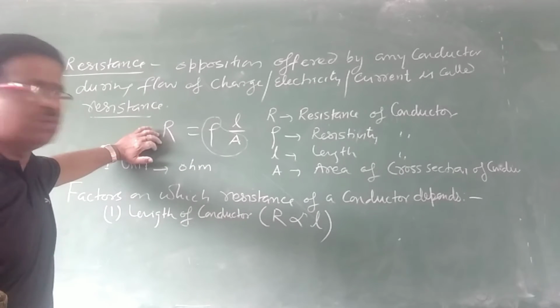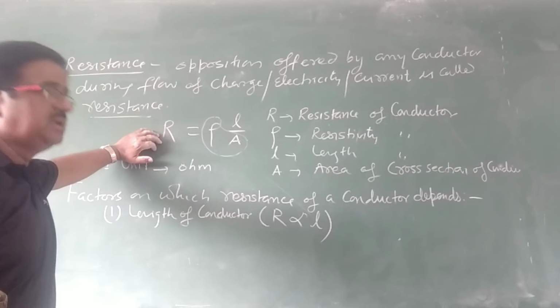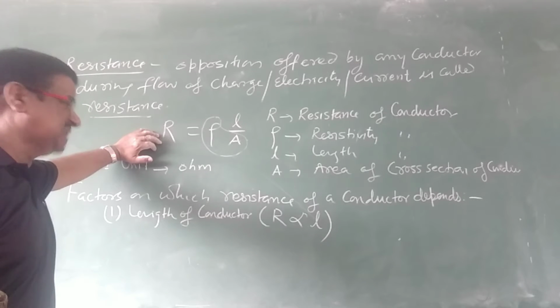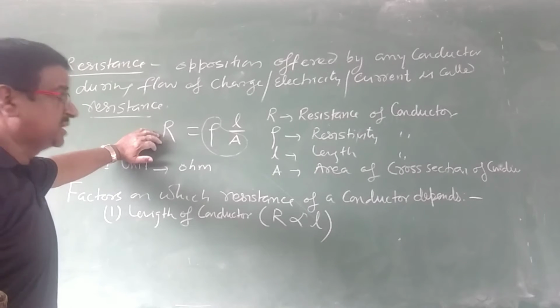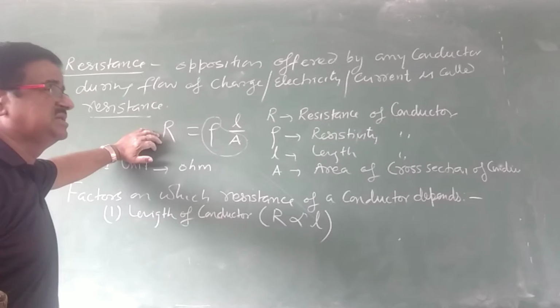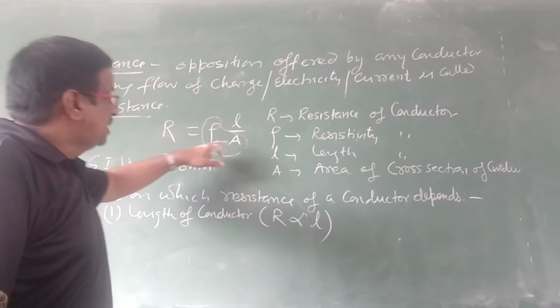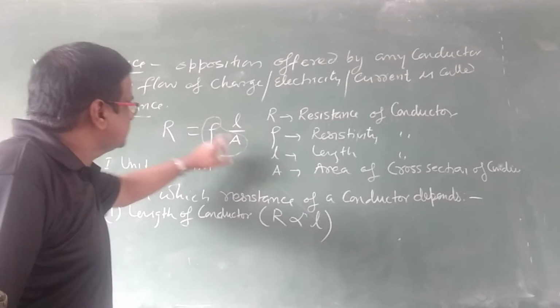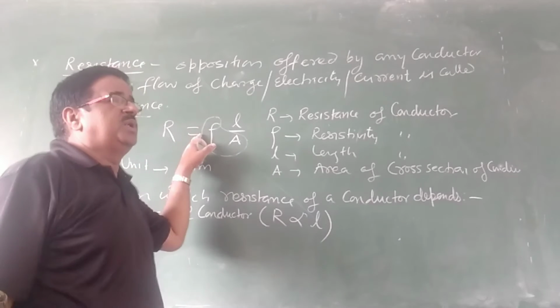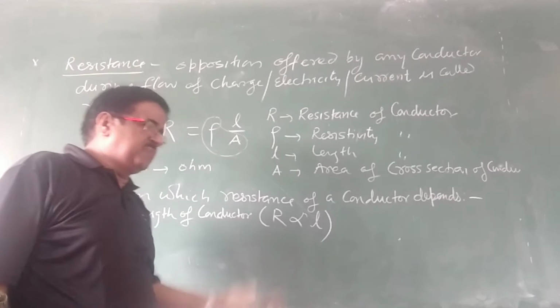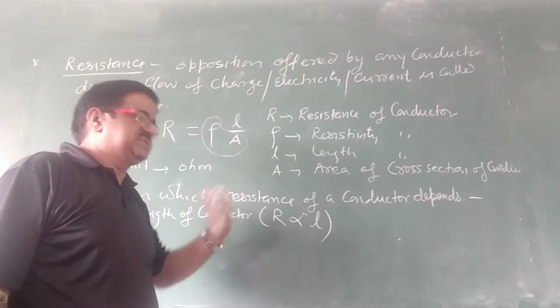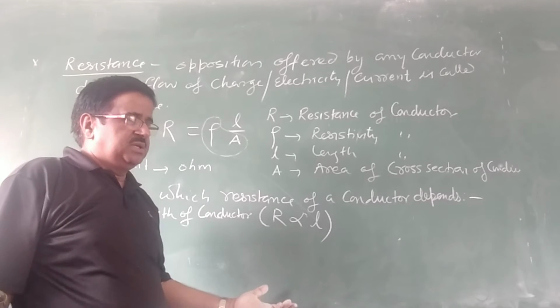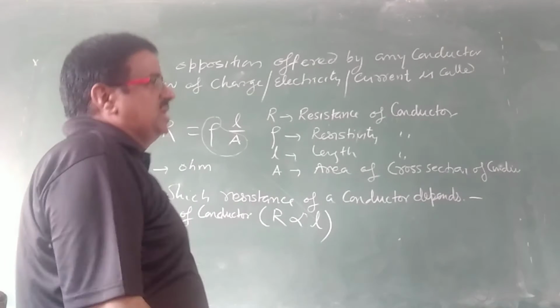The longer the conductor, the more the resistance; if the conductor is shorter, the resistance is less, keeping area of cross section and resistivity the same. You should not change the material, you should not change the area of cross section, then resistance will depend on